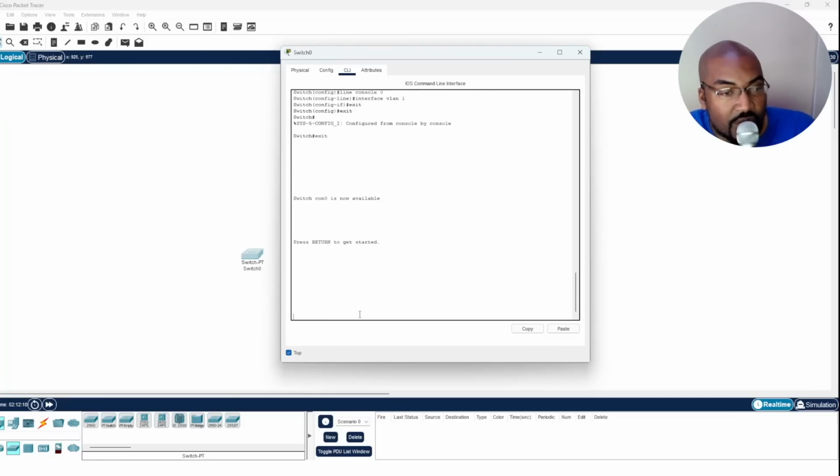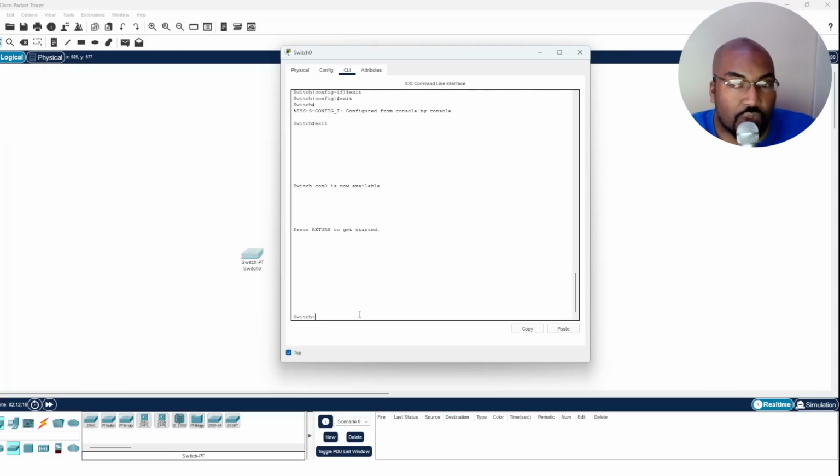And if I exit one more time, now I'm back in user exec mode. Now I'm going to show you that again, because there's a couple of shortcuts that you can use that may help you out a little bit quicker. So instead of typing the word enable and pressing enter, you can actually type in the first two letters of the word,